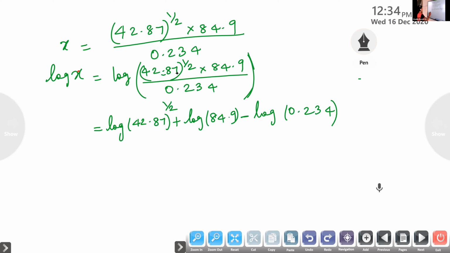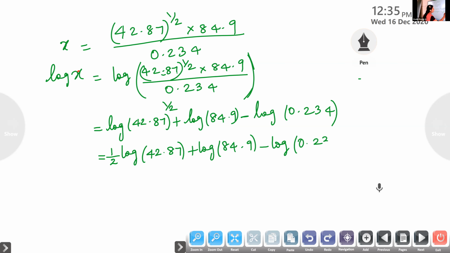Now again use the property. What is log of a raised to n? It is n log a. Whenever we have a power, take it to the front. Plus log of 84.9 minus log of 0.234. Up to this, is it okay, children? Now this is equivalent to half into